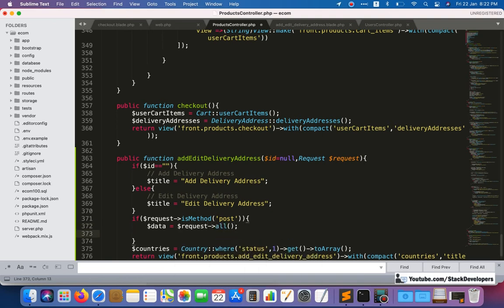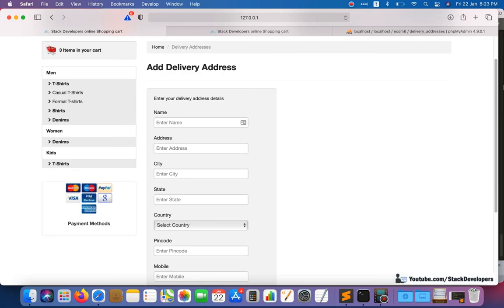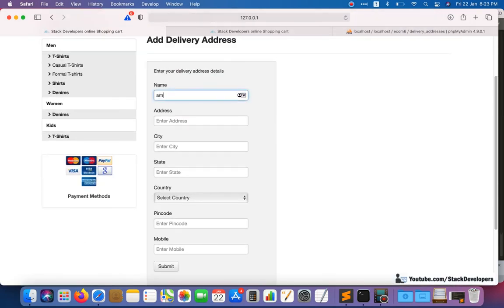First we are going to check, we are going to debug whether the data is coming or not. Okay, so here I'm going to add some details. Anything you can add, with 123A, city, anything.